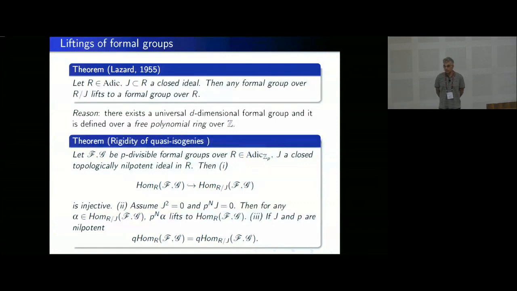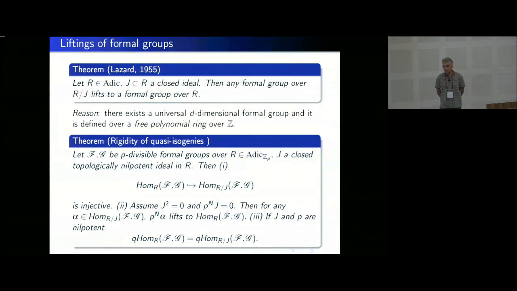Then, by reduction of homomorphisms, the module J is injective. So the homomorphisms over Z_p inject into the homomorphisms over F_p. But it's not true that the homomorphisms over O_C inject into the homomorphisms over F_p bar, because m_C, by which you divide, is not topologically nilpotent. So you should be careful when you apply this.